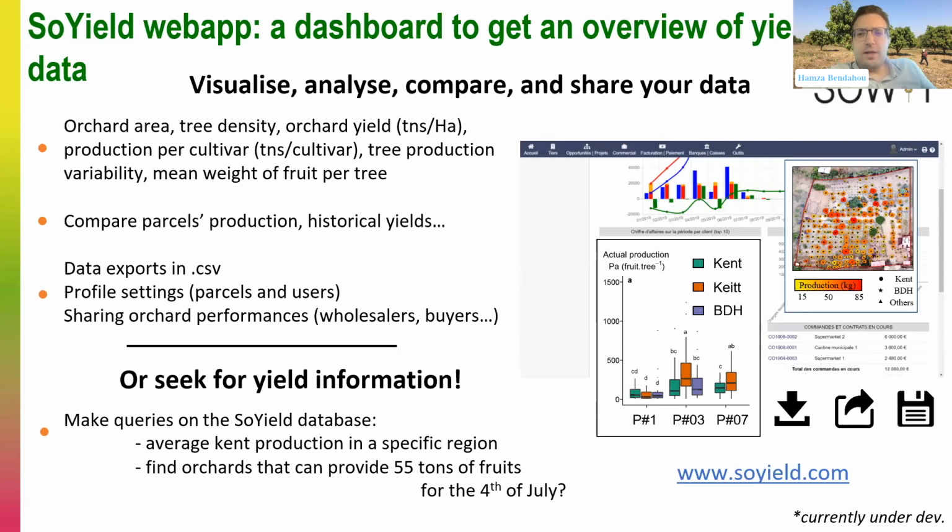So the idea, once you are able to sample a high enough number of plots and orchards in a specific region, is that you are able to build a dashboard for either an aggregator or an institution, so that they can compare their production in their different orchards, but also compare the production from one farm to another, or from one region to another. And this is very important if you want to